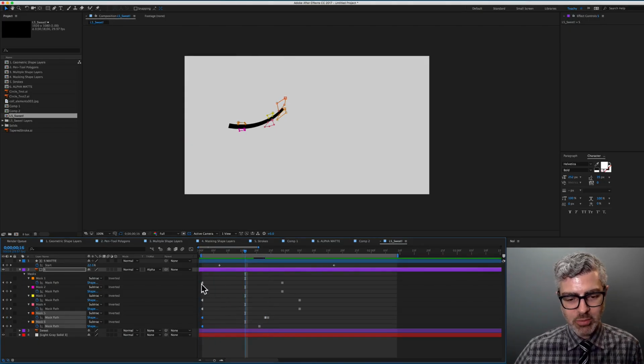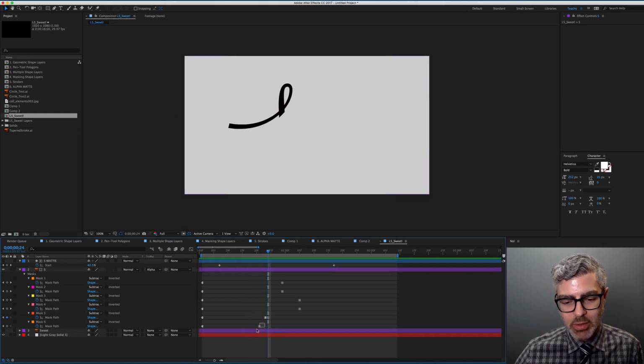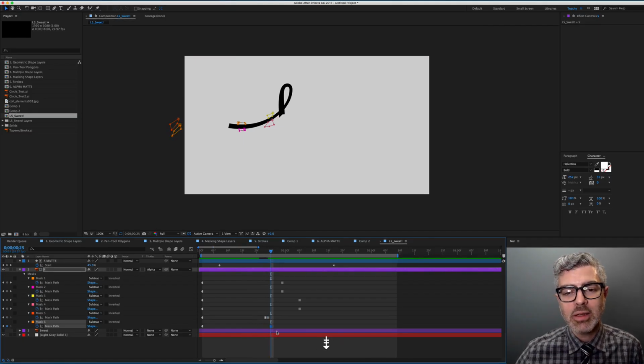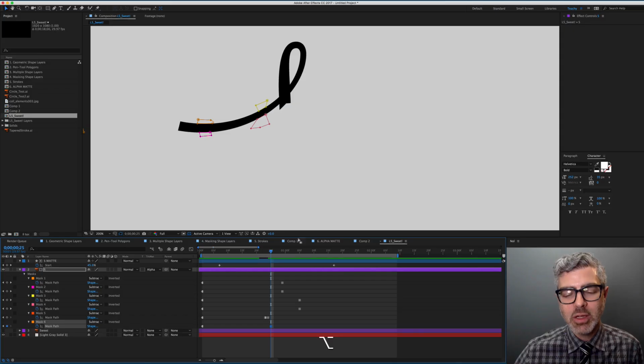And with hold keyframes, it just holds this value until it gets to the next keyframe, so it doesn't matter where these original ones are. Okay, all we need to do is now change the timings for when these happen. So I think it was one frame later I needed this to move off, right? And it looks like that's got a funky end on it, so let me go ahead and